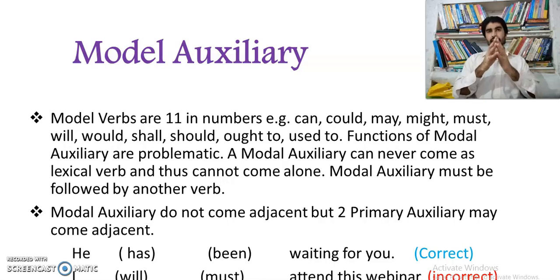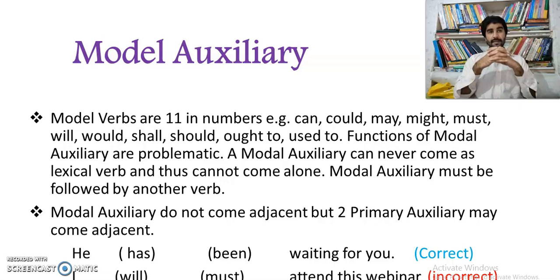Their use changes with the change of sentence, with the change of context. That's why they are confusing. Most of the time students get confused in the use of modal verbs, just because these are functional words, and functional words vary. So I'm going to explain the difference, how they are being used in different situations, so your confusion can be ended.